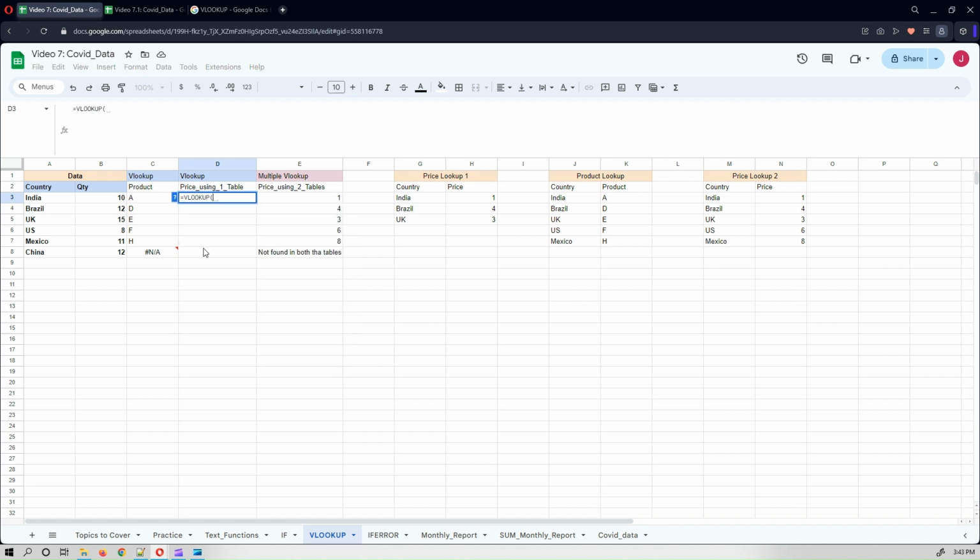I'm just writing this VLOOKUP and look for this country. This table where we have prices, the first price lookup table. Okay, and then second column, I write false, 0, and then enter. If I drag this down,